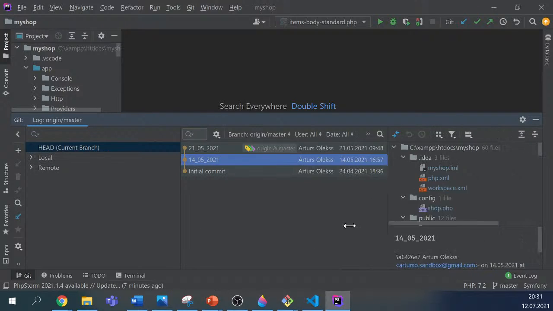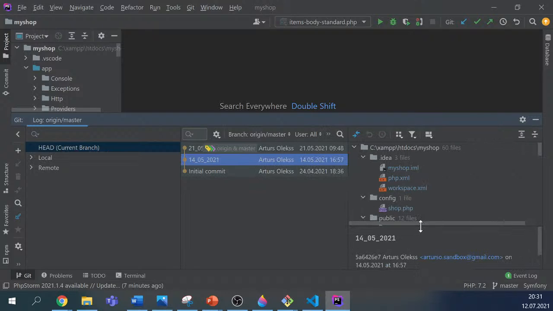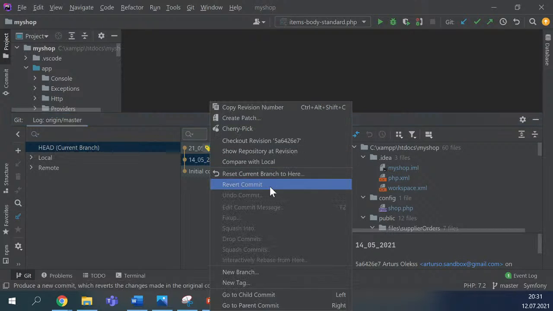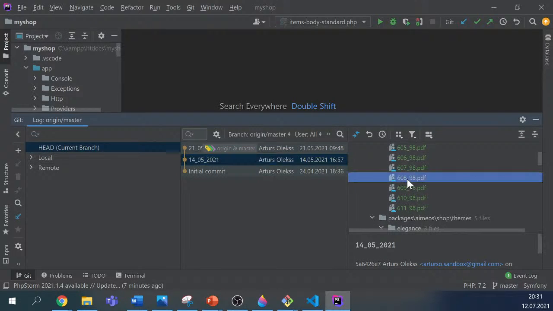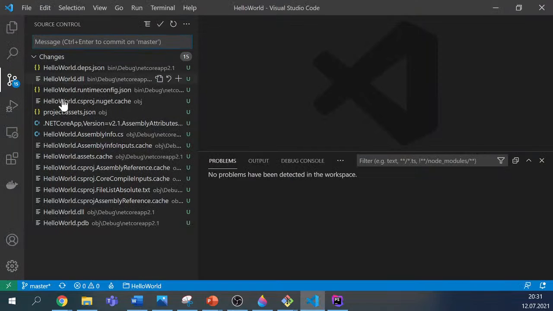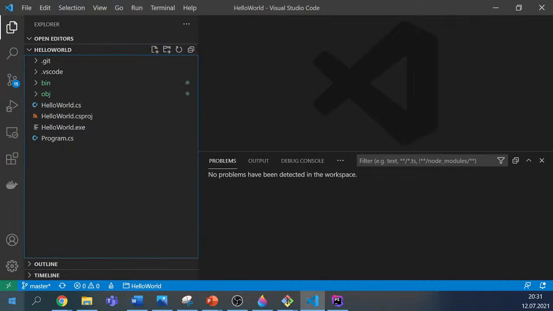Okay, so in modern IDEs, we can compare with local. You see, it also shows the files. It's possible to track all the changes using modern IDEs. We'll maybe do it a little bit later. For now, let's maybe do some steps related to